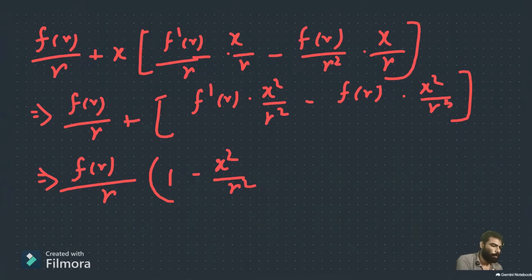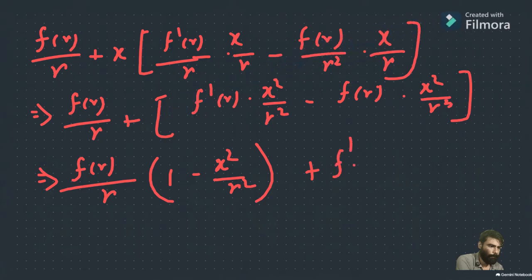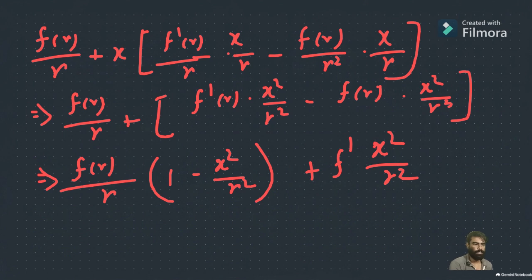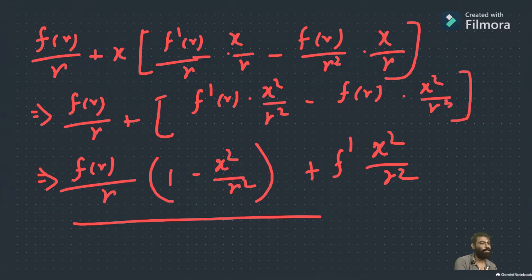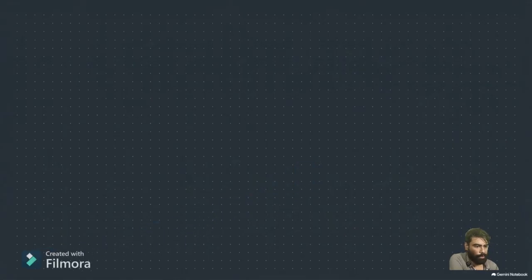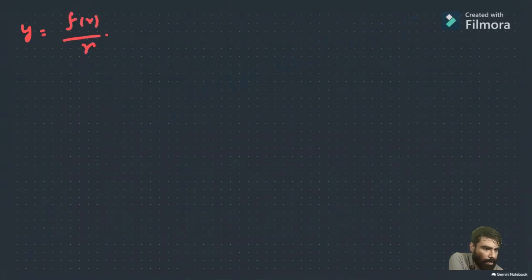Okay, 1 minus x square by r square plus this, this will be this. So if we find the derivative of the x component, this gives you f(r) by r times 1 minus x square by r square plus f prime r times x square by r square. Okay, now the same way, for the y coordinate it will give you f(r) by r, 1 minus y square by r square